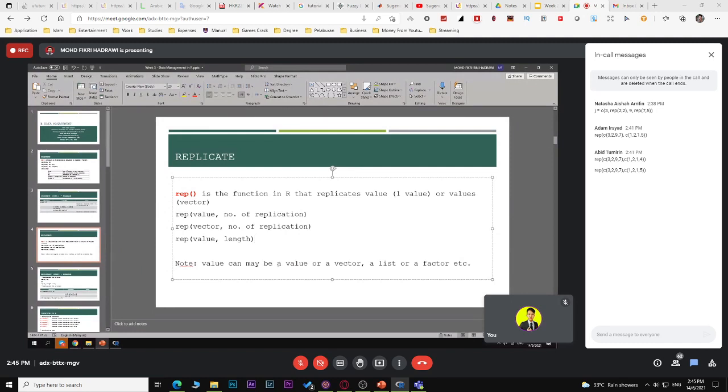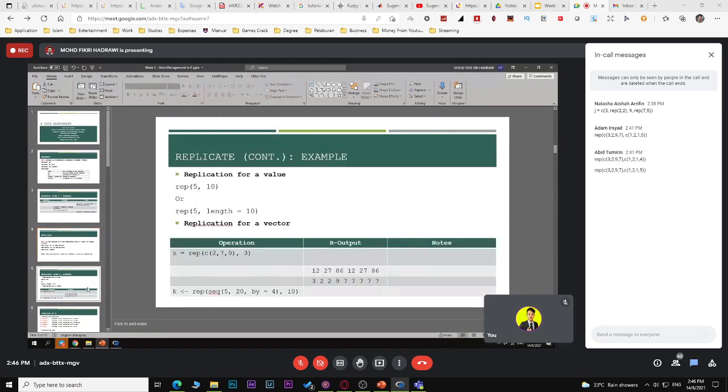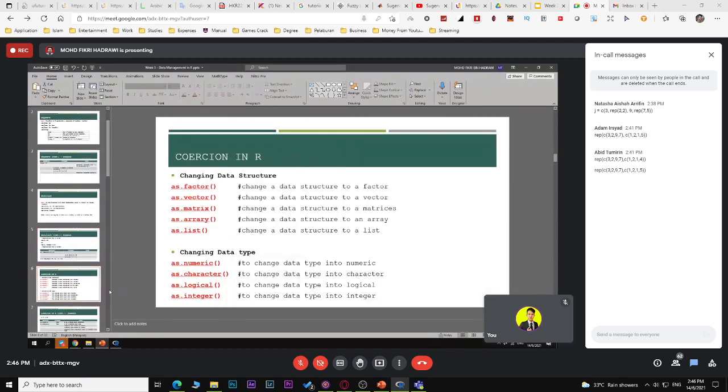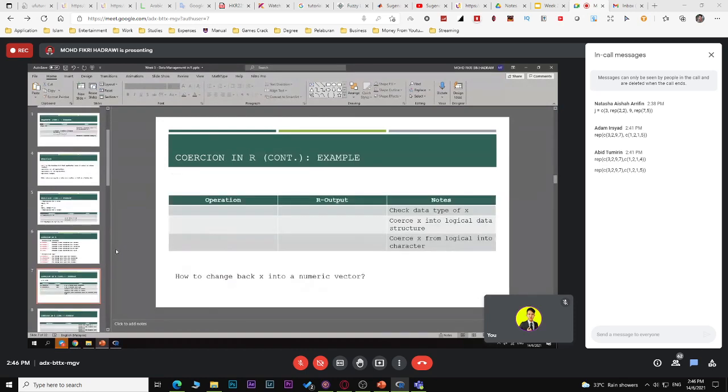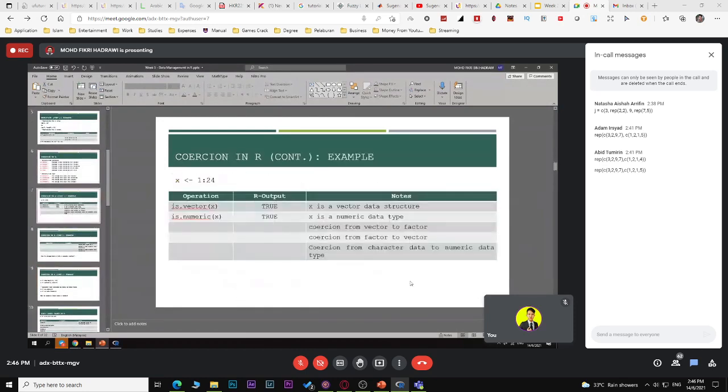So value can be a value, can be a vector, can be a list, can be a factor. Okay, nanti you try replicate a factor. A factor ni is categorical data lah. Okay, and coercions. Coercions ni okay tak apa, later saya akan discuss. Kita go to